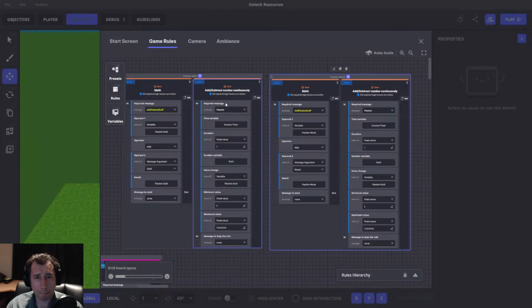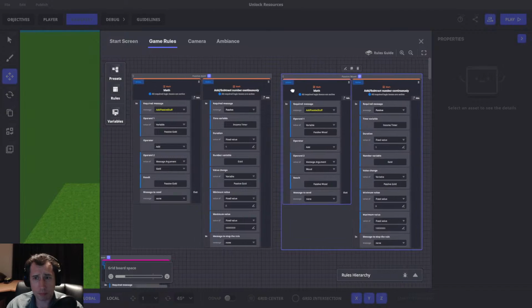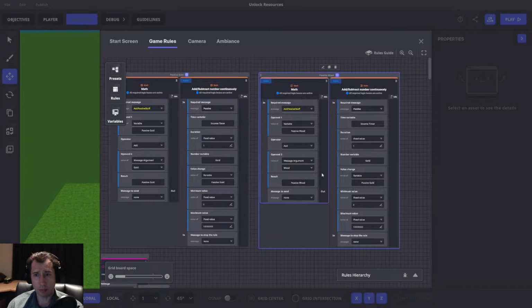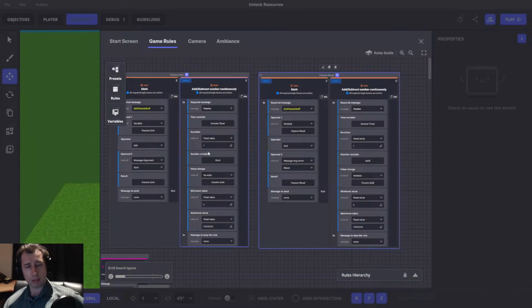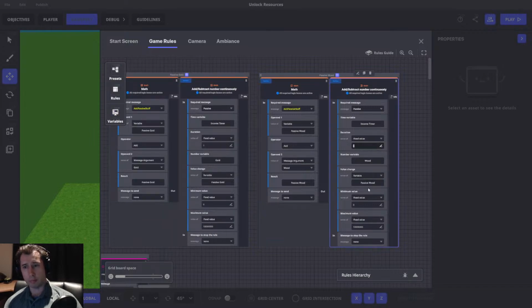For this one, we have passive gold, add gold equals passive gold. Cool. We've got passive wood, add wood equals passive wood. And we got an income timer. So every second we get gold. It's going to use the value of passive gold, and it's going to give us every second that amount to our gold. Cool. This one here is going to be the same. We're going to have wood. It's going to use the variable passive wood, and it's going to give us the value of passive wood every